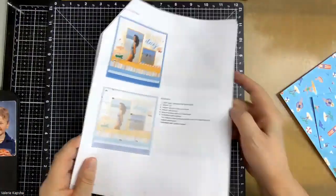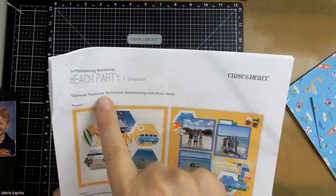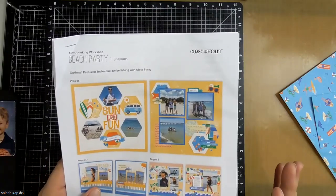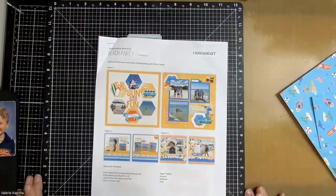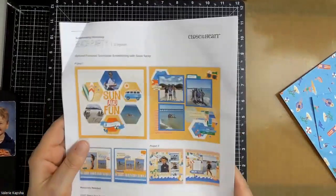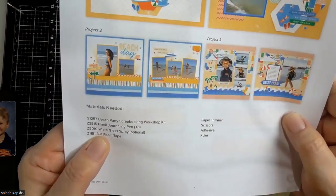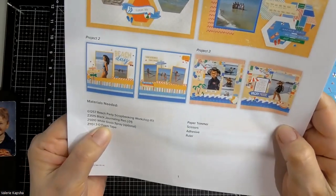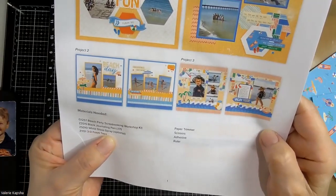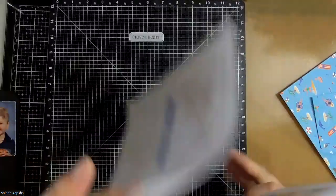Now I want to just talk to you about the optional technique. In this layout, the optional technique is embellishing with gloss spray. I just don't want to have to worry about spray time and covering everything up that's around here. I want us to focus more on the creation of the layouts. But there's nothing stopping you from using the gloss spray, and it tells you right down here on your additional materials needed that if you're going to use that optional technique, you will need a bottle of the white gloss spray. Alrighty. So now we're going to move right into